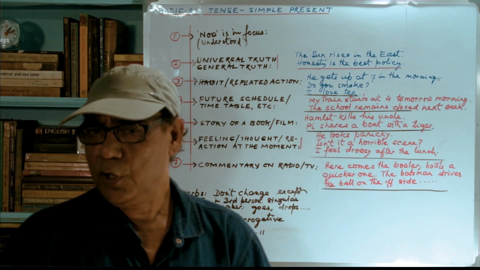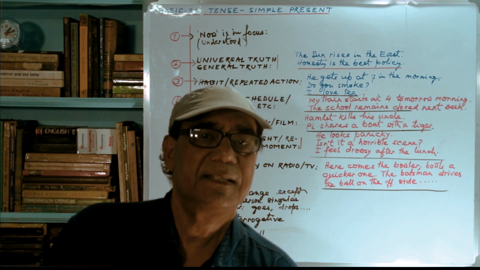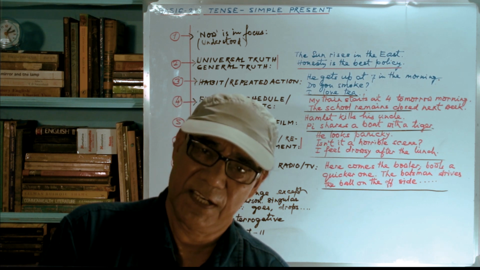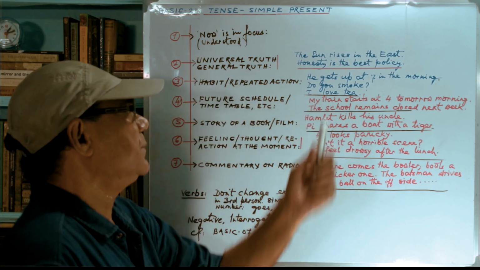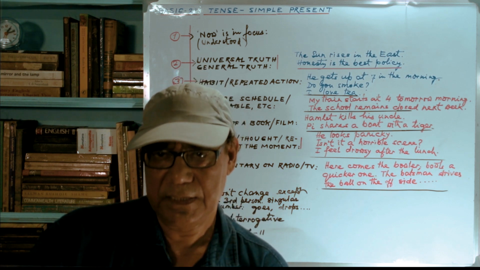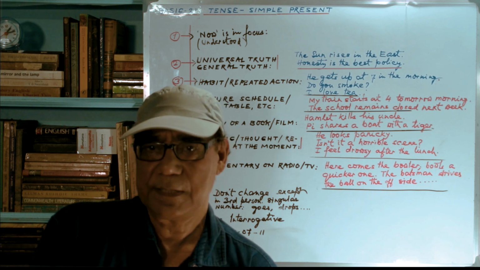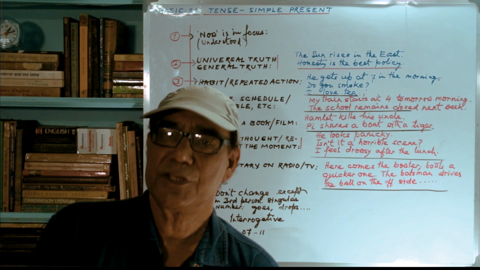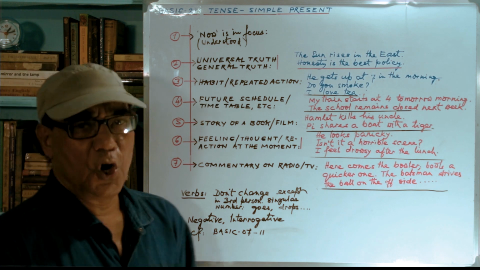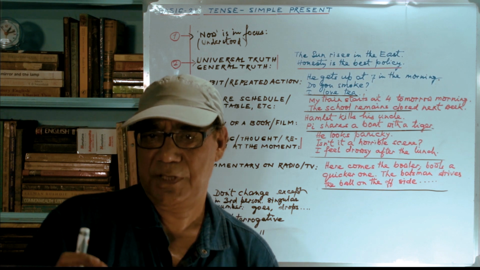Another example, do you smoke? This is an interrogative sentence, but that does not matter. In simple present tense, interrogative sentence is valid, negative sentence is valid, and affirmative sentence is also valid. Do you smoke means either he smokes or he does not smoke. If he smokes, okay, it's a bad habit, but habit. And if he does not smoke, it's a good habit, and again it's a habit. So when you are speaking of some habit or repeated action, then it is used in simple present tense.